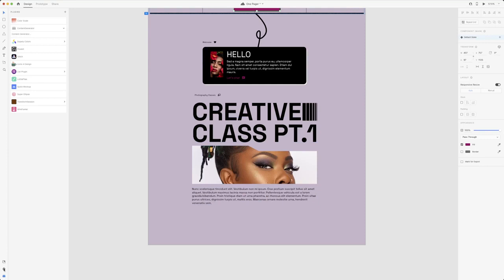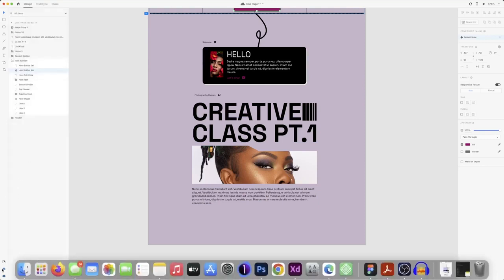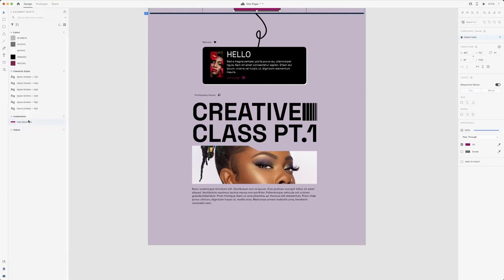So I'm going to go back to our style sheet. Sorry, our style sheet should be here. So as you can see, now we have a component called hero button. So what happens is that when you create a component, it is more like creating, let's say, a color that you can keep repeating. So now we'll be able to just keep repeating this